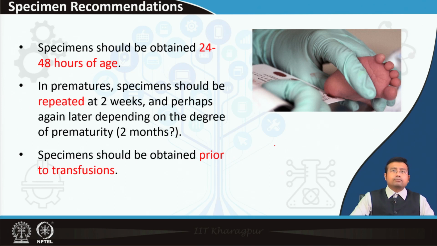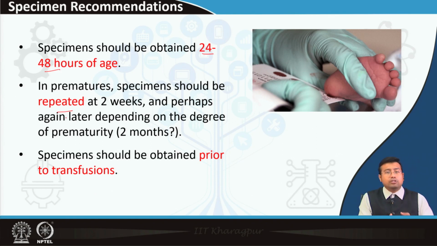So what is the specimen recommendation? The specimen should be obtained if it is a neonatal disorder we are suspecting, especially in case of all newborns, in a tertiary care center, in the first 1 or 2 days of birth. It is generally obtained by a heel prick, and it should be repeated after 2 weeks in case of premature